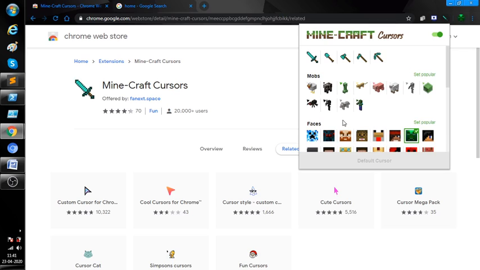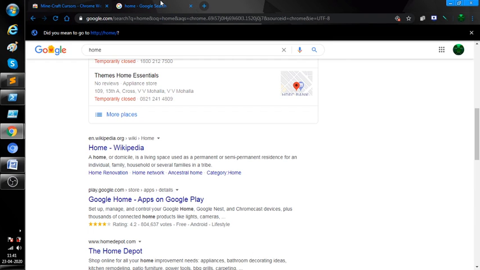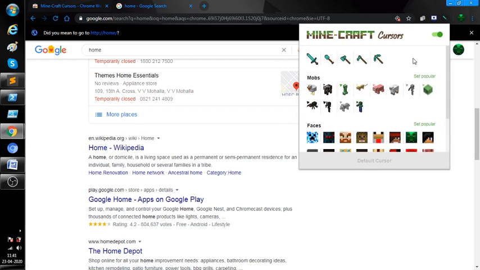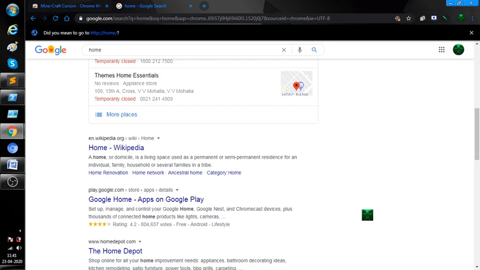And once I've clicked on that, you can see that it's taken effect. There's a small tick mark there. But it doesn't work on this web page. So I just go to a new one. And here I've selected it. So then now you can see that it's come, and even if I click on links, it remains the same. This is for the Minecraft fans and I too am one.